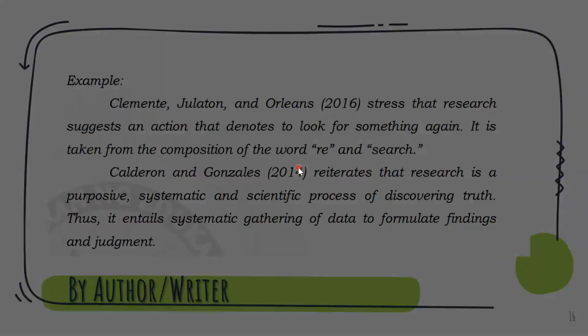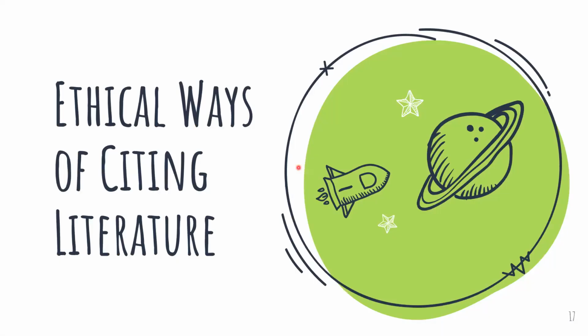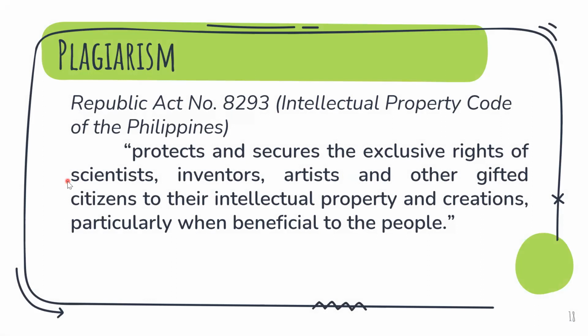Ayan po. Okay? So what are the ethical ways of citing literature? This is very important for you to know, the different ways in citing literature. Okay, first, the very important thing is the issue of plagiarism. So, as a researcher and future educator, we should understand that plagiarism is a crime. According to Republic Act 8293, which is the Intellectual Property Code of the Philippines,